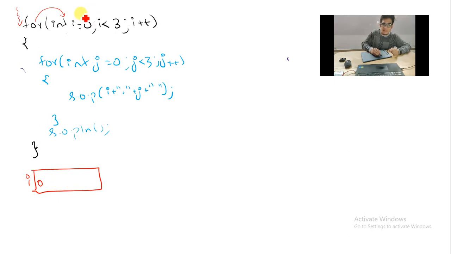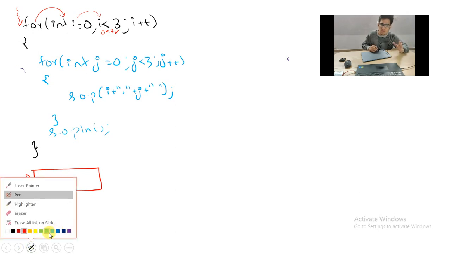Okay, after that it will check the condition, right? What's the i value? 0. Is 0 less than 3? Yes, 0 is less than 3. The condition is true. If the condition is true, execute the body of which loop? The i loop, right? Now I am in the i loop, the topper loop. Execute the body of the i loop, you are telling.